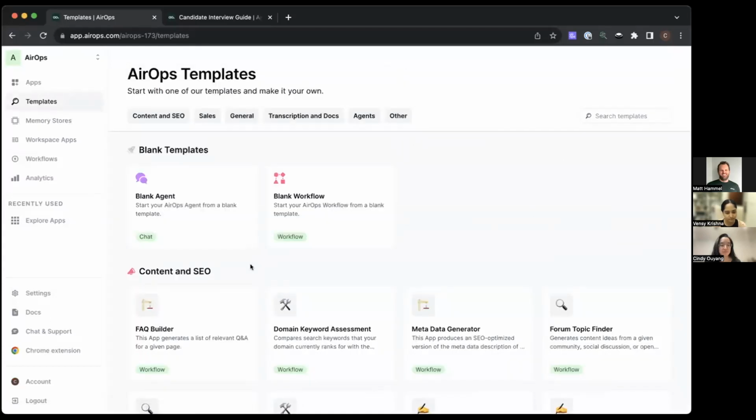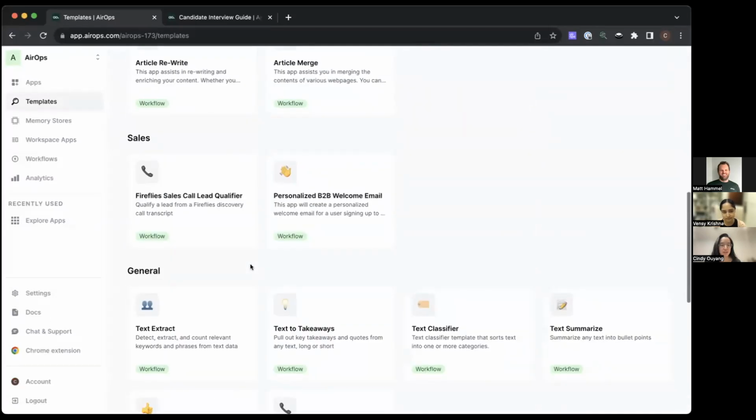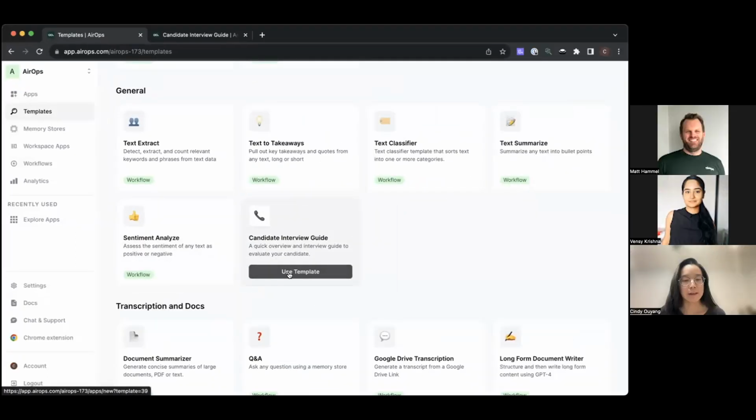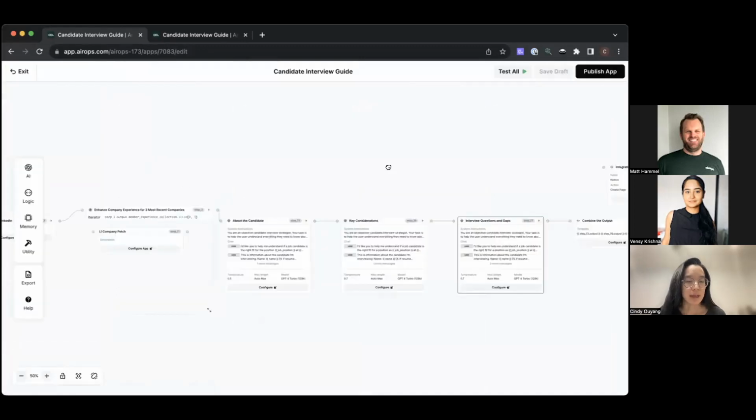here. Then just scroll down to the general section and click on the candidate interview guide. So what I will say is that this current template is something that we're actually going to improve on today. So, after this session, there will be an update here and a better version that we want to use. But for now, you can go ahead to test along with me, use this template here, and we'll make some